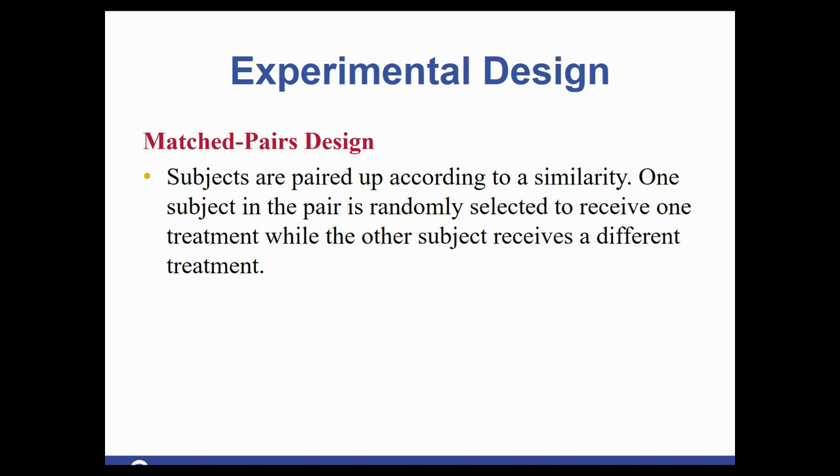Matched pairs design. Subjects are paired up according to similarity. One subject in the pair is randomly selected to receive one treatment, while the other subject receives a different treatment. This is an ideal one for cancer treatments. If they can find two individuals, so two different patients who are very similar, so a lot of the same characteristics medically, so maybe same blood type, same levels of chemo and radiation at that point, whatever the case may be,